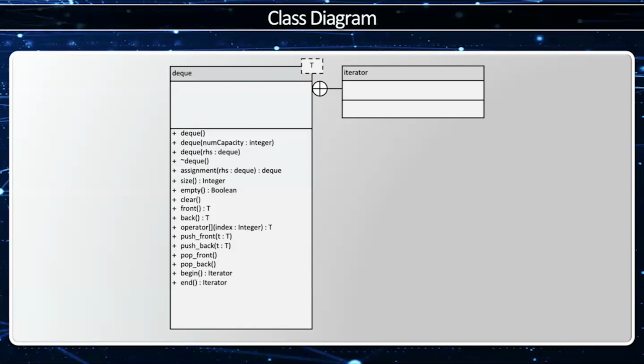Therefore, the simplest implementation is to have a Deque index as well as a pointer to Deque. And therefore, when we dereference with the iterator, we're actually going to call the square bracket operator. Now, notice how the iterator does reference a Deque, and therefore it's going to point back to it. All right, now that we have the begin and end, now we can start thinking about how we're going to